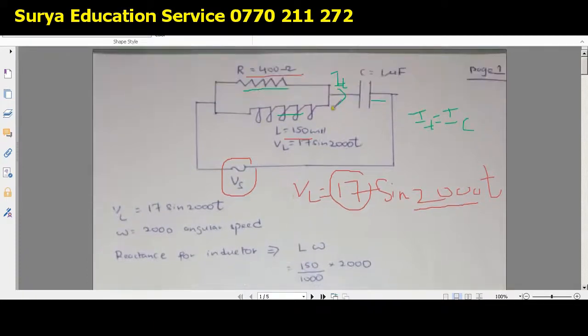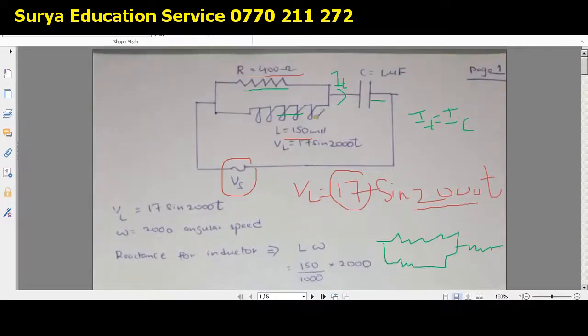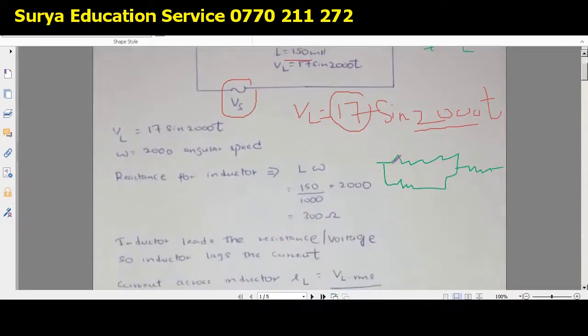Solving these problems is not like solving simple resistor problems as we did at high school level, right? In our high school classes we just solve problems like, here we have a capacitor, resistor, and here we have a resistor, and these resistors are connected, something like that. So these are very simple types of problems, with simple resistors. But here it's not like that. We have inductors and we have capacitors. So now this is the systematic way.